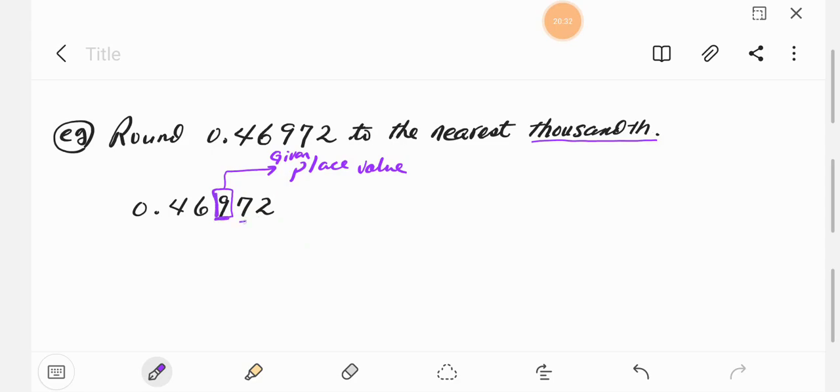Well, it depends on the next digit. So 7 is greater than 5. Yes, it's greater than 5. So we will increase. So increase 9 by 1, which is 10, isn't it? 10. So 9 becomes 0. And then you have a 6, right? So you need to add 1 to 6. So it will be 7. You know, carry up. So the answer will be